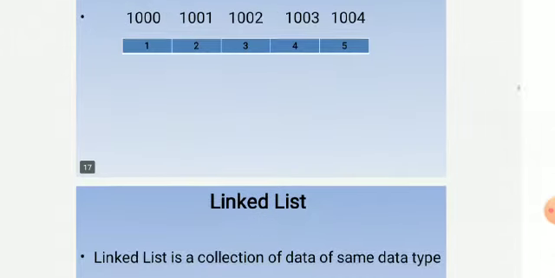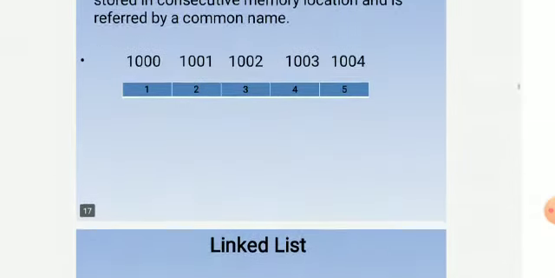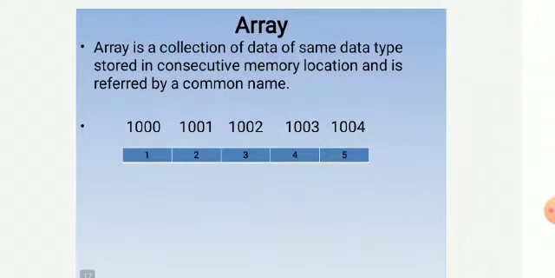Now in short, I am explaining here again what an array is and what a linked list is. An array is a collection of data of the same data type. Example, suppose 1, 2, 3, 4, 5, or you can consider 10, 20, 30, 40, 50. It is a collection of elements 10, 20, 30, 40 and 50. Which is the data type for this? Integer data type. So we can declare it as int no[5] = {10, 20, 30, 40, 50}, where no is the array name and 5 indicates the array size. So this represents an array, and an array is a collection of the same data type.